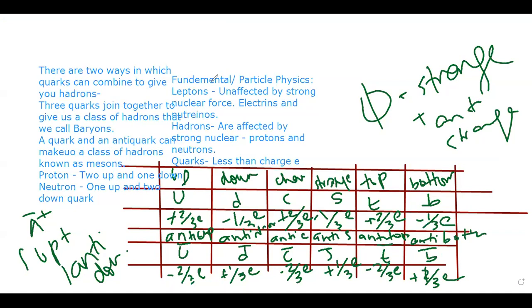-2/3 is charm, so anti-charm. It's -2/3. So yes, you are right. It is in anti-up, it is in anti-charm, and it is in anti-top as well. Yeah, so you're right. You can write down anti-up, anti-charm, or anti-top. Any of these would be correct. You don't have to write down specifically just one. You can write down any of these.